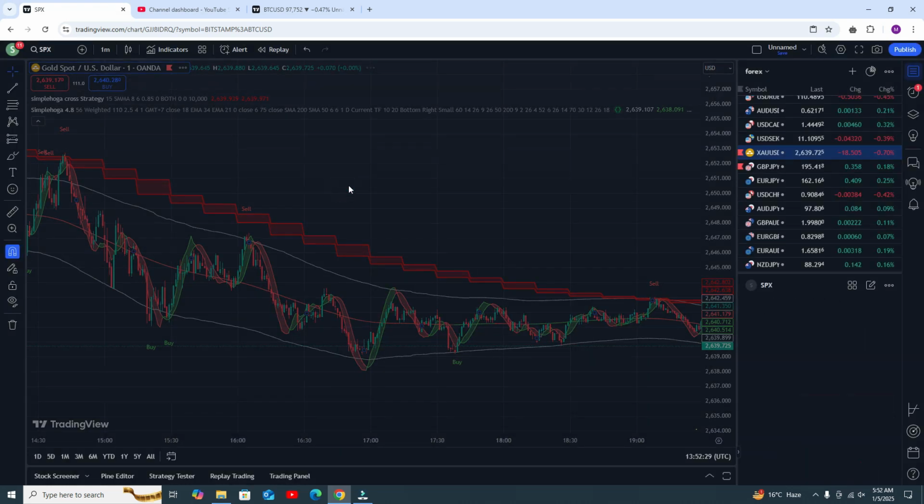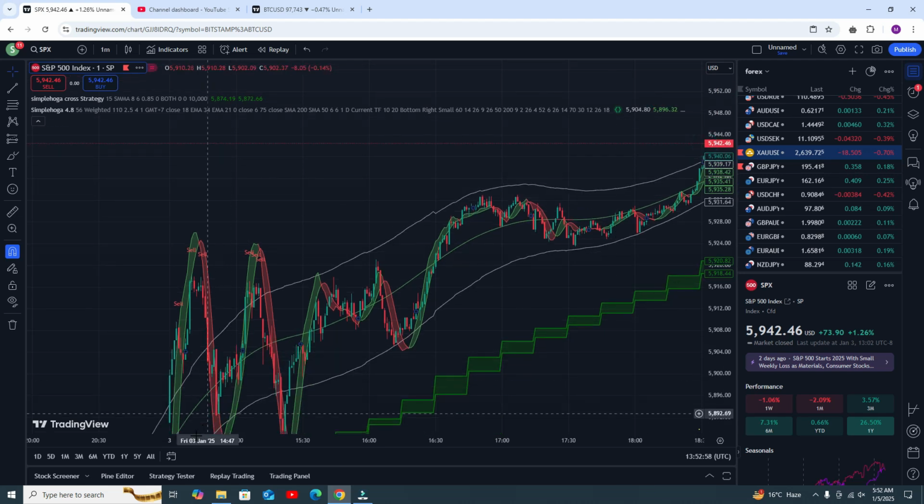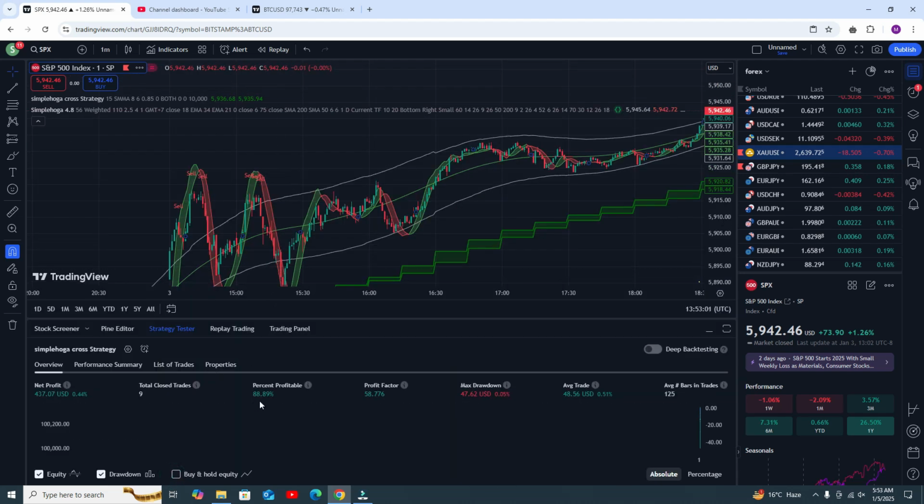First, SPX. In the SPX you will see the accuracy. It's loading, there is some slow internet, but all things are working perfectly fine. It's still loading, but it will be fine in a few seconds. Okay, fine. Now go to the study tester, and you will get an accuracy of around 88.89.